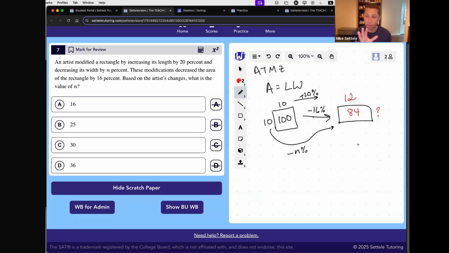We got all the information, just following the instructions. Now we got our numbers to get a new area, a new length, and we can get the width. How? Well, plug points into equations. You're going to hear me say that again and again.